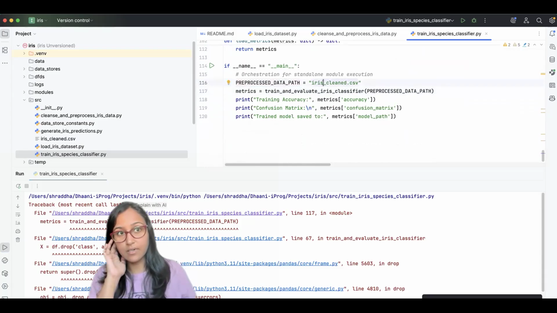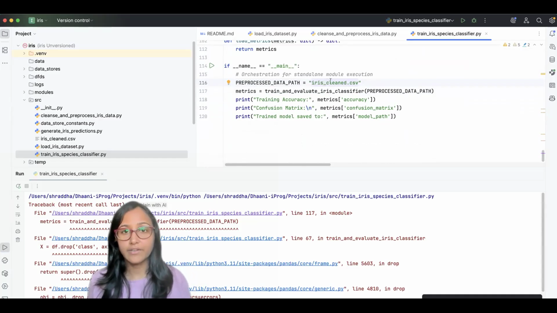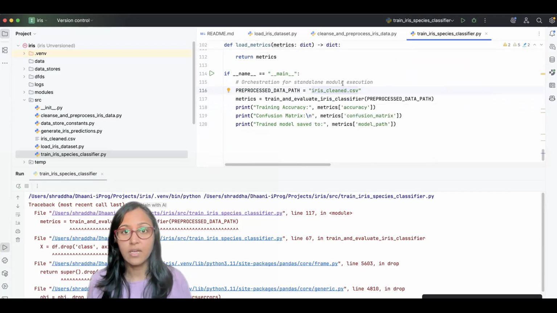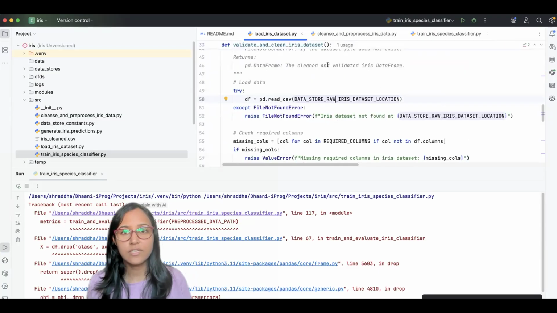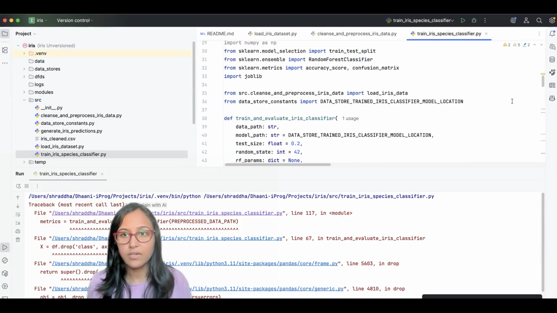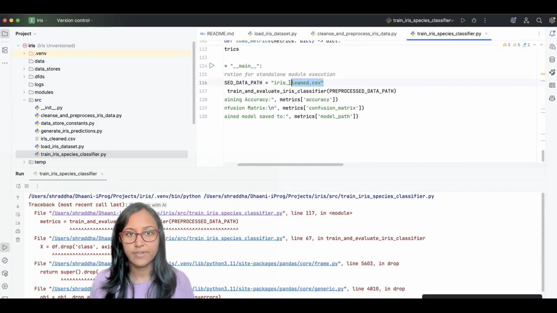Okay, so because this is a process to process flow, it has assumed that the process has created some artifact and stored over here. What I will do is, so let's train it on this raw iris dataset location. And if I do that,